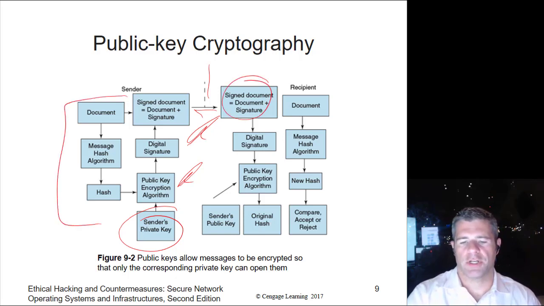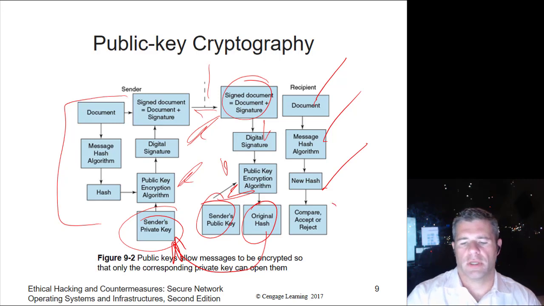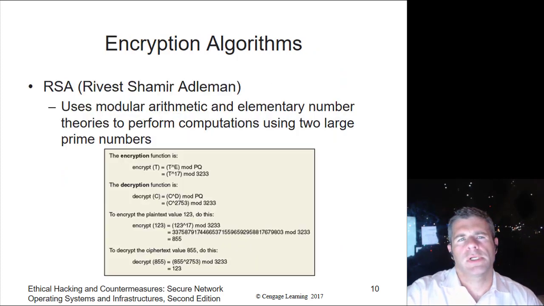Take a signed document plus a signature, sign it, do the whole public key algorithm. When you receive it, take my public key, decrypt it, and you get the original hash. You know that it was encrypted with my private key. You take my document, you take the hash, and you compare it with the new hash that you create on the output. Based on that, you say, maybe that's his document, maybe not. You accept it or not.